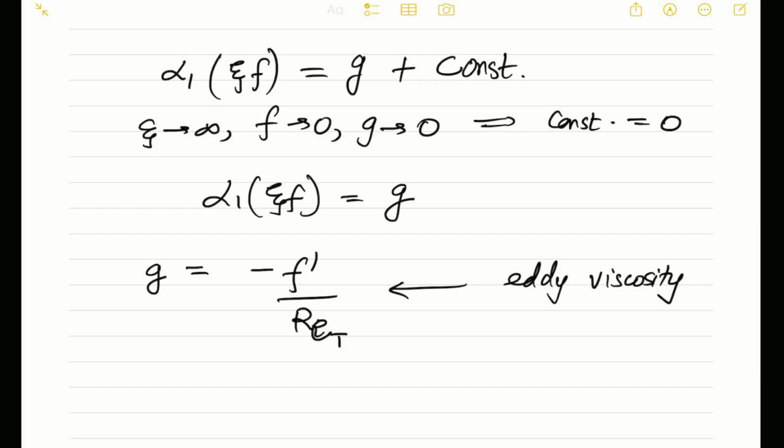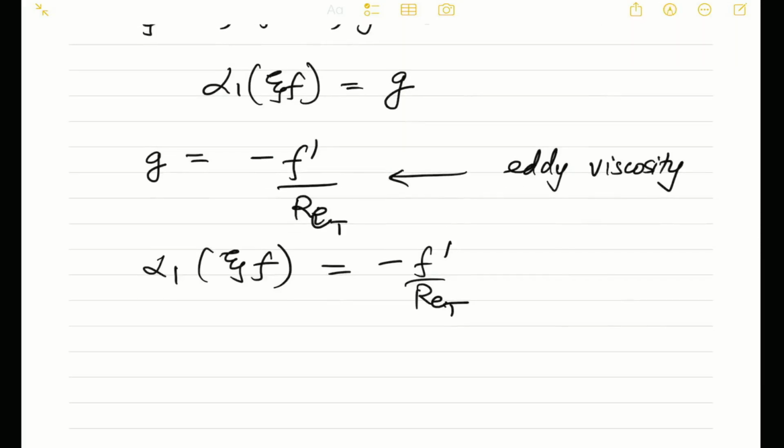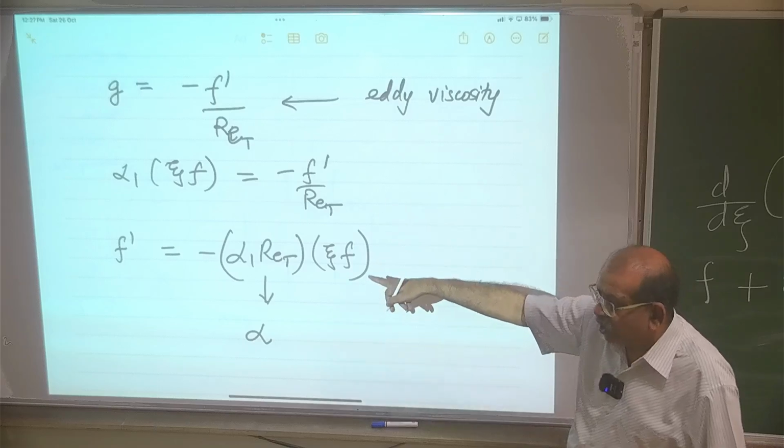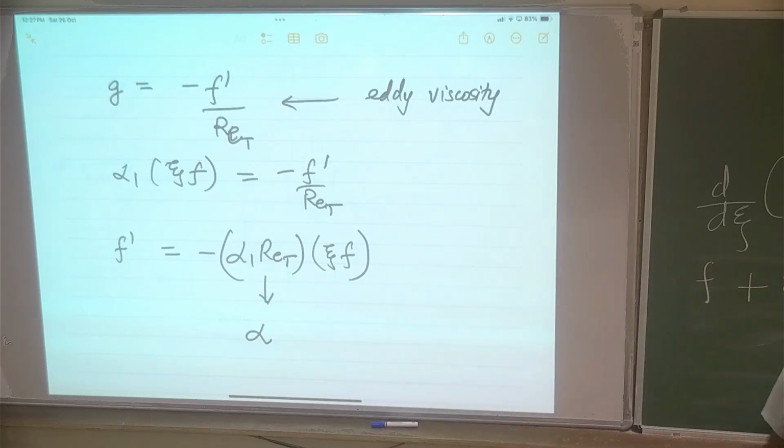now what I can do is I can write alpha 1 zeta f is equal to minus f prime upon RET, and I can write f prime is equal to alpha 1 times RET times minus zeta f. And this alpha 1 times RET is what I wrote as alpha in the last class. So that is why I used alpha 1 today, because it was without the RET. So f prime is equal to